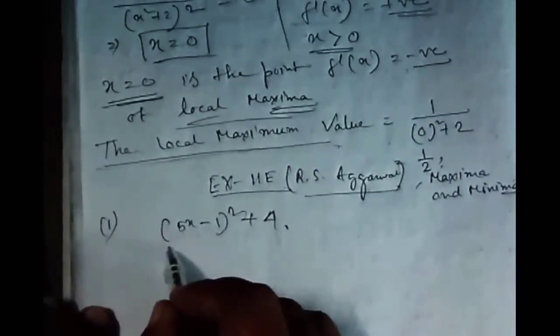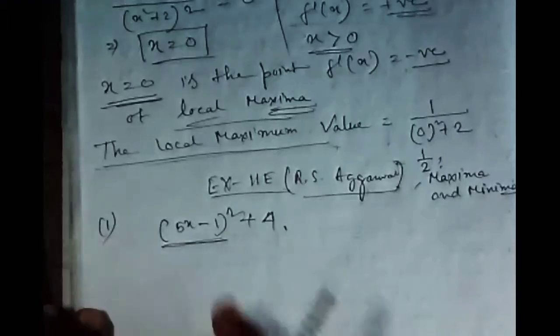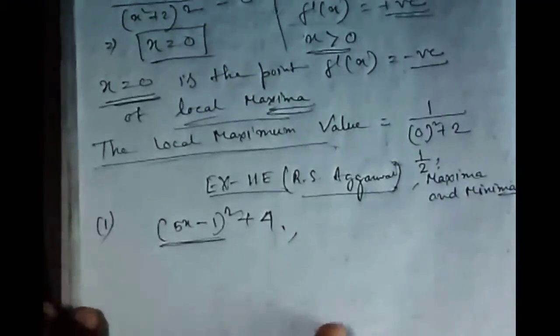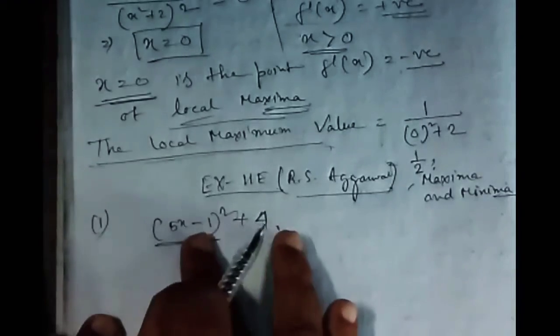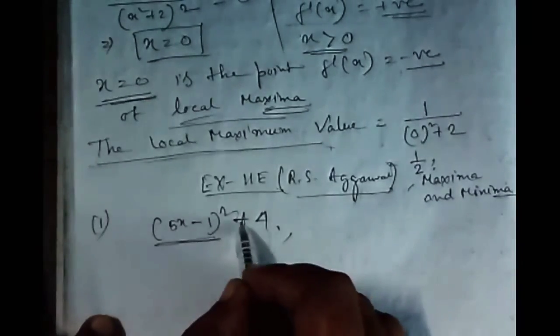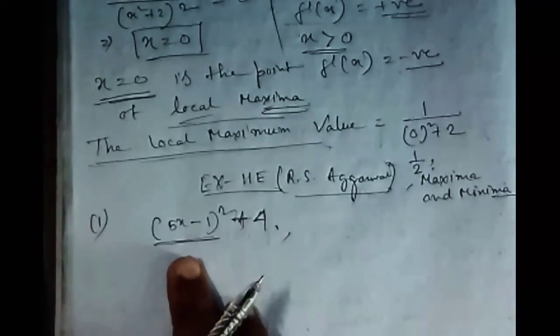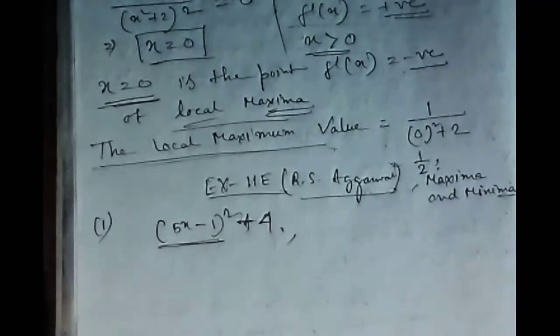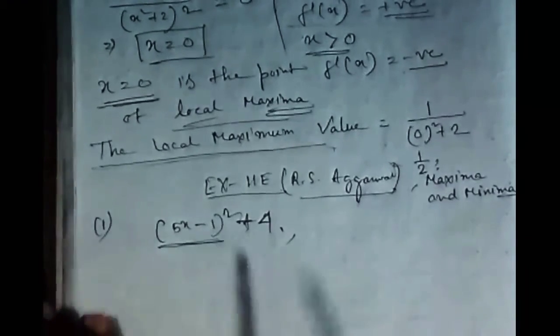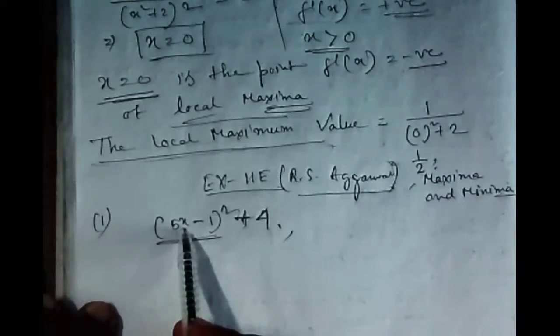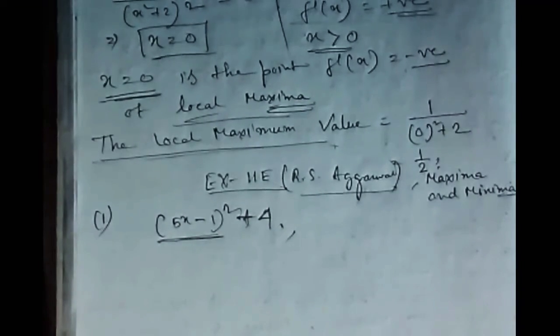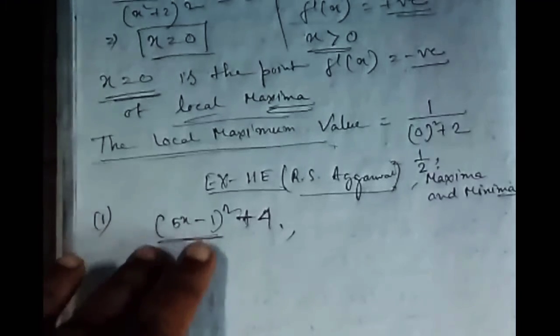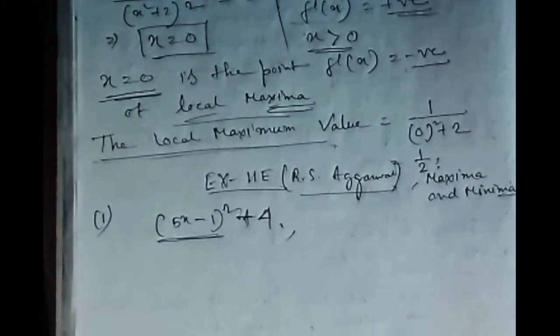since it is a square term, we know that a square term is always positive, so this value must lie positive. Now with that, 4 is added. So to find the maximum value, it depends on whatever value we take of x and getting the square, we will get the maximum value. So there will be no finite maximum value, it will be an infinite maximum value for this function.